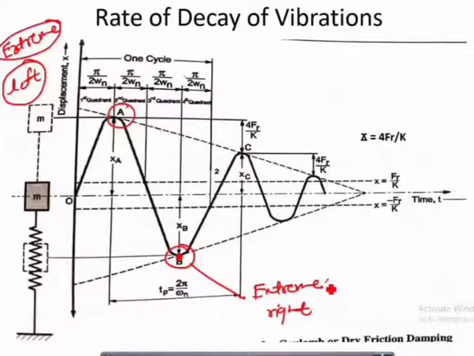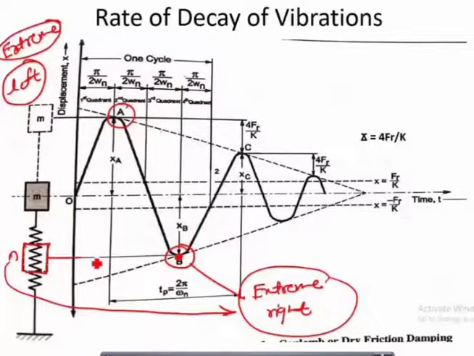So when mass is at the extreme right position, that is denoted by this point B. Here you can see this is a mass, I have shown this is a mass M. So this mass M at the extreme right position is shown by this point B, and the mass at the extreme left position is shown by the point A. Now when the mass is moving towards the left, that means second and third quarter cycle, you are getting x is equal to Fr by K. Let us say it is shown by this dotted line above the mean line. Above the mean line means basically towards the left of the mean position. This is the mean position, so towards the left it is shown by x is equal to Fr by K.